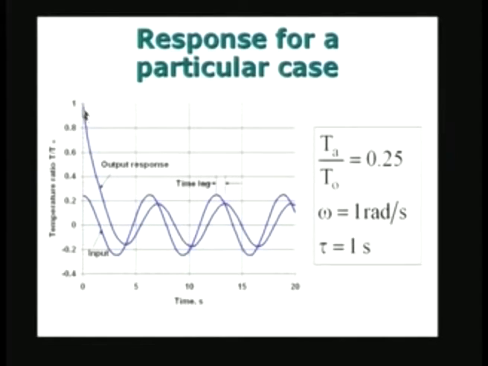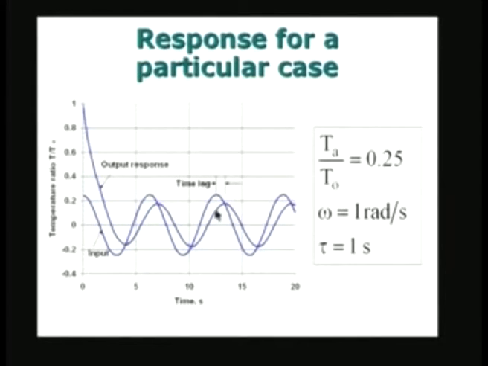And the output starts initially from a value of 1, because T by T naught is equal to 1 at t equal to 0, and then initially there is a transient wherein the output response falls quite drastically, and then immediately it starts responding to the variation which is periodic, and therefore quickly the solution or the output response tends to